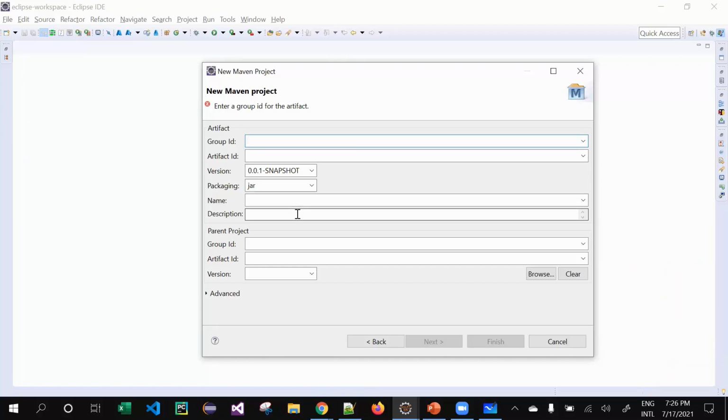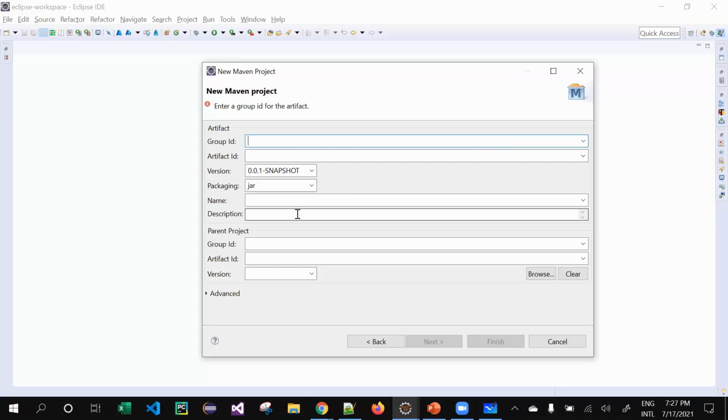Group ID is nothing but the ID we give for a particular project in an organization. It's a project for a complete organization. Say you're working in Standard Chartered, and you create a project for Standard Chartered.